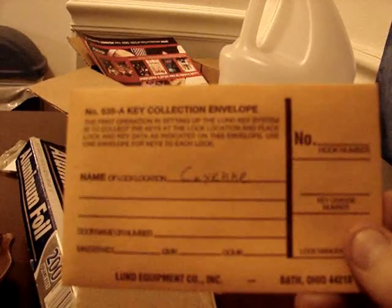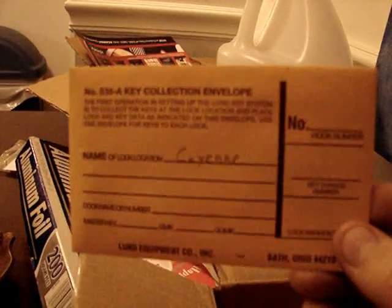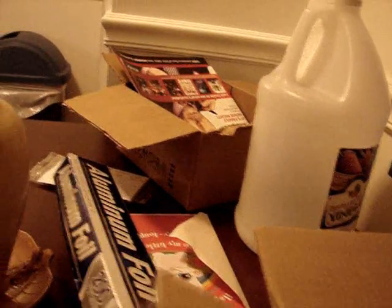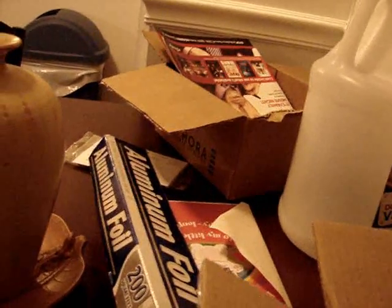And then this I labeled as cayenne, but I don't think the pepper I took this out of was a cayenne. I think it's actually a cow horn. So I'll probably give these a symbol that represents a cow horn or a cow, and that's how I'll remember what these are when I planted them. So these are all my seeds, and then I had,